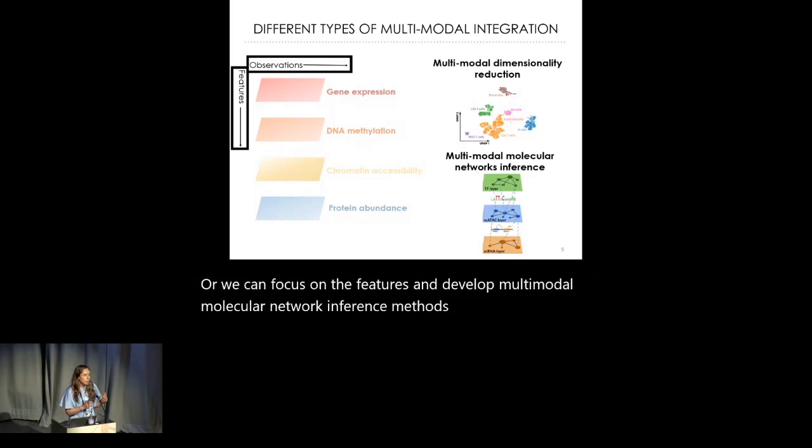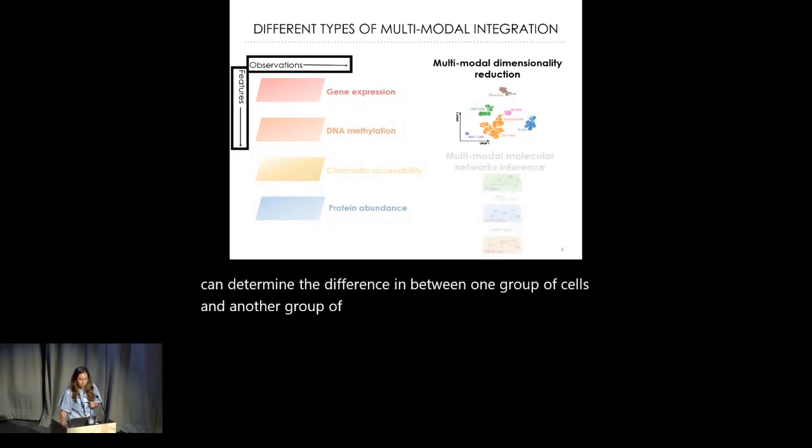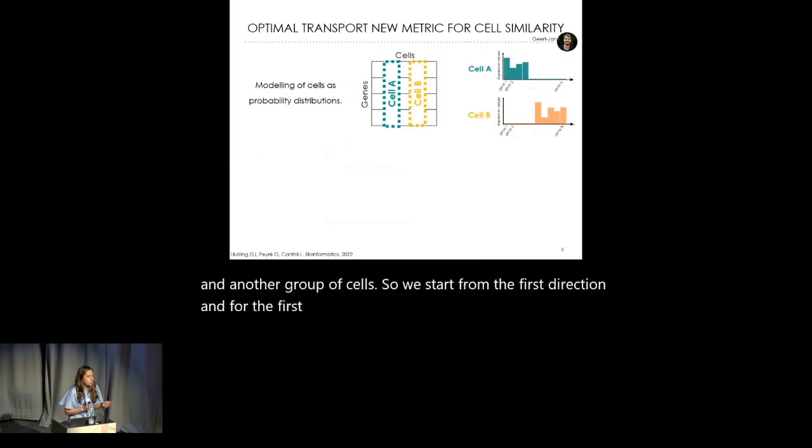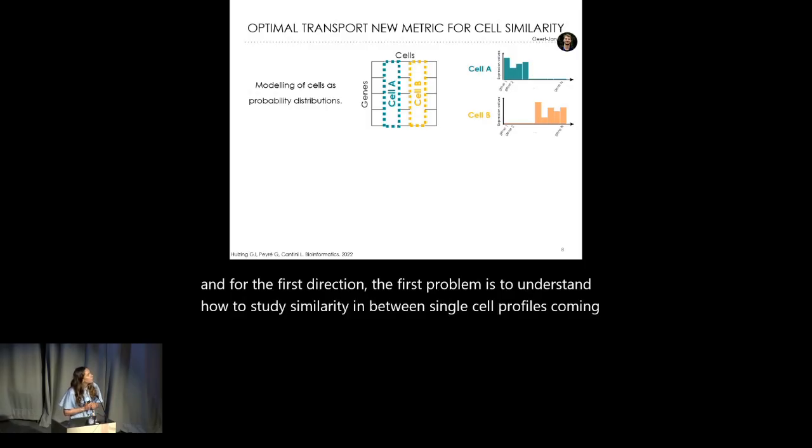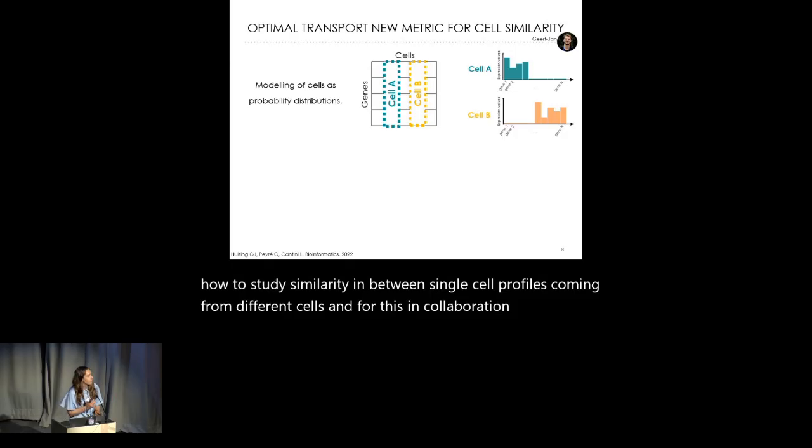And here the objective is to identify the interactions in between molecular entities that can determine the difference in between one group of cells and another group of cells. So we start from the first direction. And for the first direction, the first problem is to understand how to study similarity in between single cell profiles coming from different cells. And for this, in collaboration with Gabriel Peyré, a mathematician at ENS, and in